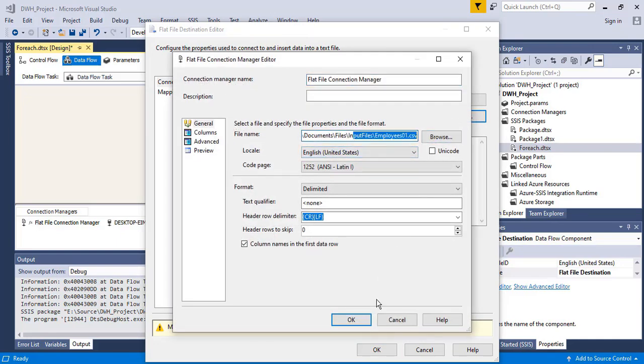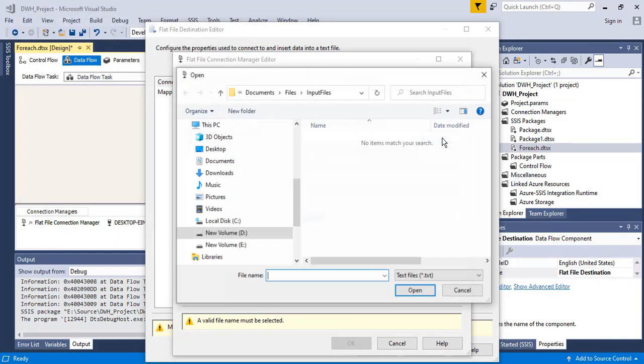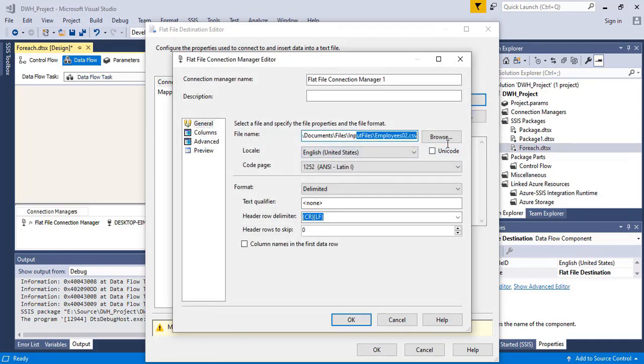So update this input. No, I want to create a new file connection manager. Click OK. CSV, select this file. Now I'm going to change the output. So I'm going to change the name of this file. This is going to be output.csv.